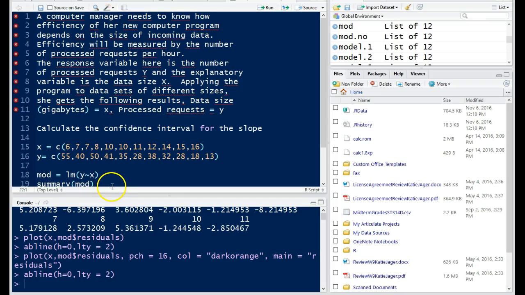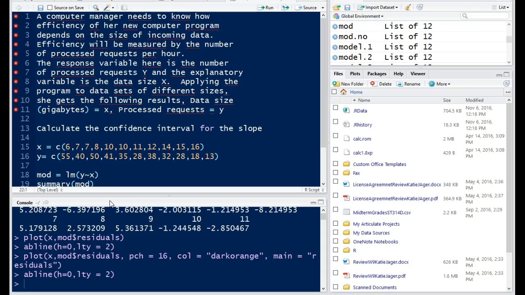In this example, we're going to use RStudio to calculate the confidence interval for a slope in a simple linear regression scenario. A computer manager needs to know how efficiency of her new computer program depends on the size of incoming data, and efficiency will be measured by the number of processed requests per hour. So the response variable here is the number of processed requests, y, and the explanatory variable is the size of